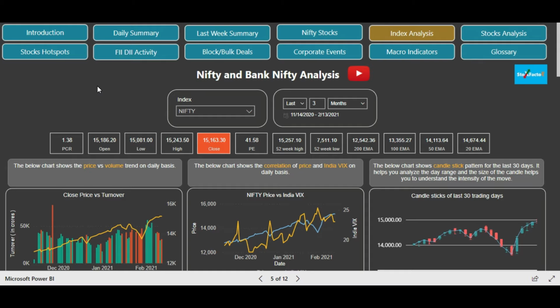Because when it comes to swing or positional trading, or when it comes to the analysis using derivatives data, you have to analyze the derivatives data in totality. You cannot just monitor only one indicator in isolation, like only the option chain, and you are not paying attention to the futures data. So friends, you have to analyze all the data together, and after combining the data, you will make a very good picture in your mind about that particular index or stock, and then you will be able to make effective trading decisions. We have covered many use cases in our previous videos, and we'll see in detail in this video also how to analyze Nifty. So friends, let's first quickly jump to the option chain data.